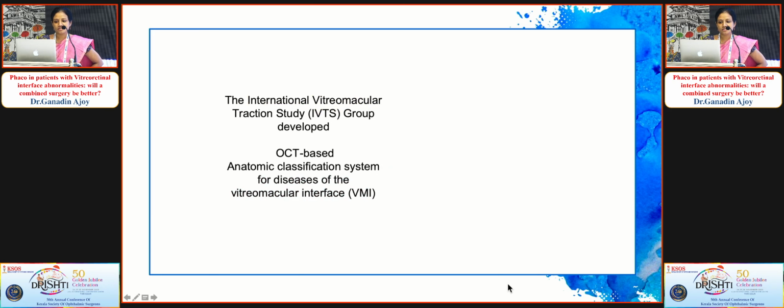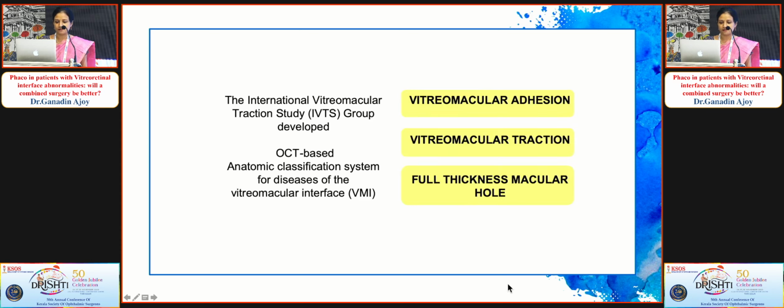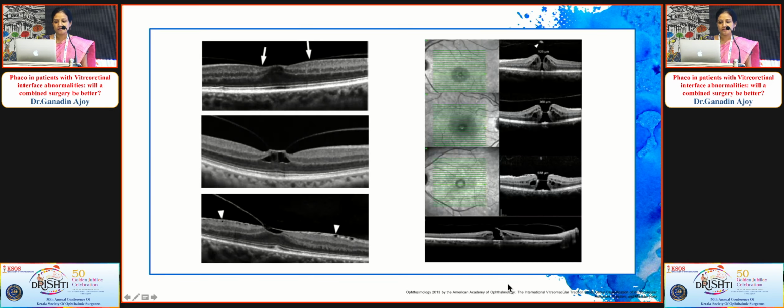So the International Vitreomacular Traction Study Group developed an OCT-based anatomical classification for VMI. And they include vitreomacular adhesion, VMT, and full thickness macular hole. And these are the various types: the first one is a vitreomacular adhesion, a focal traction, a broad-based vitreomacular traction,